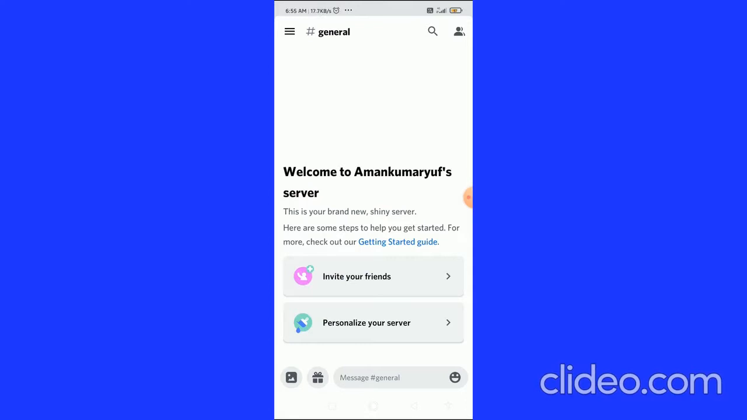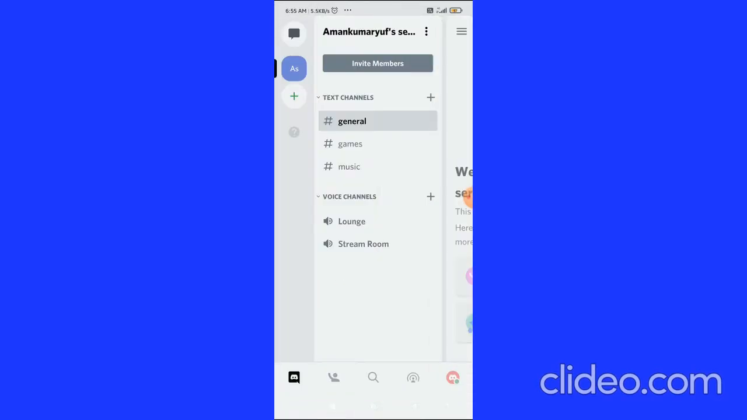The first process is you have to go to your Discord app, and then you have to click on the three horizontal lines in the top left corner, and then you end up with this page. And here, on the left side, you can see all your servers. But in my case there is only one server, so you can switch, and then